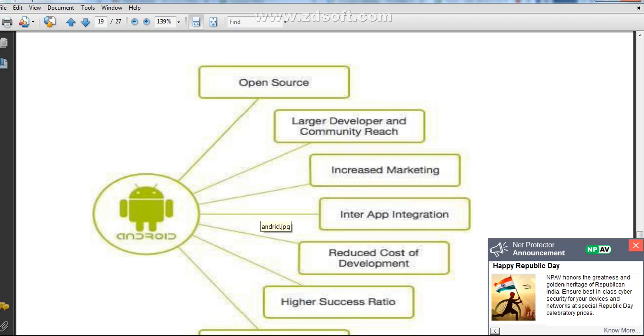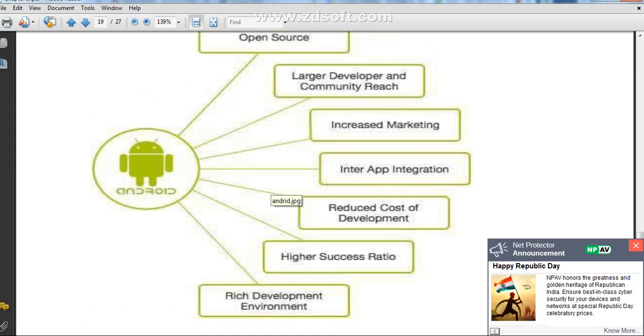Some of these are the features of Android. That's why most of the people are going to use the Android operating system in different devices like mobile, then different gadgets they use in real life. Then also, some of the features reduce the cost of development when you use Android for the development of any application. So the cost of development of that particular app is very low. That's why people are using Android.